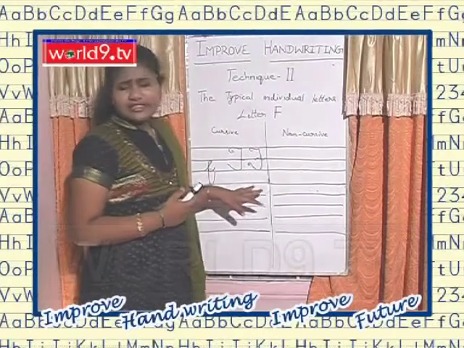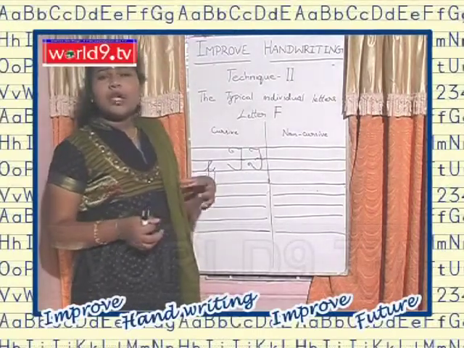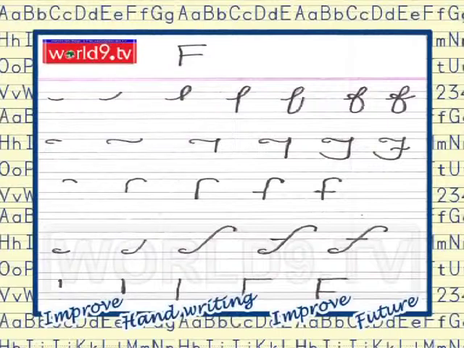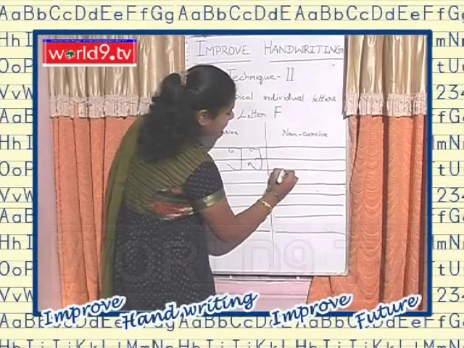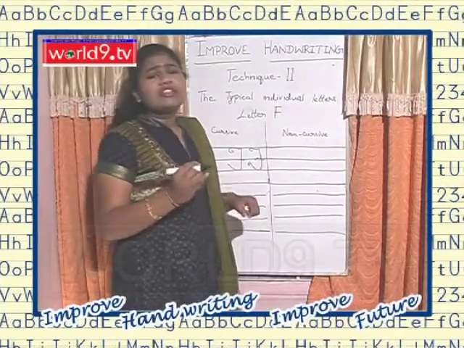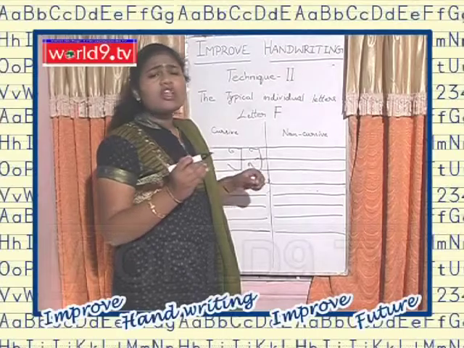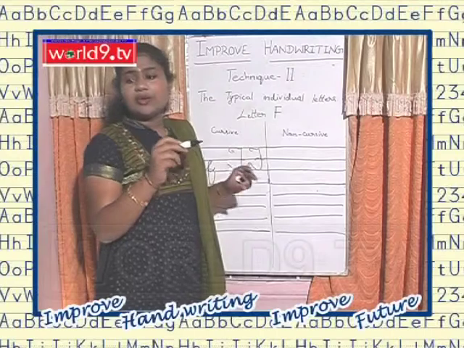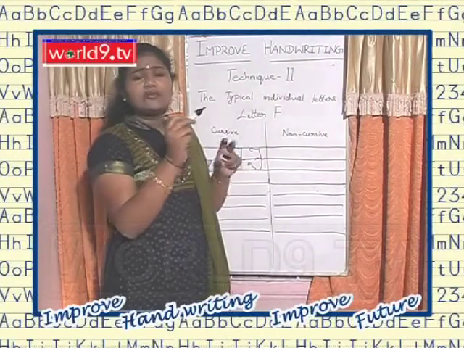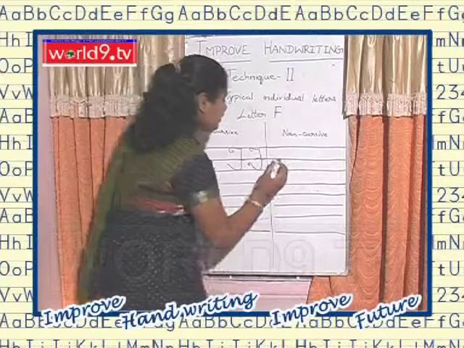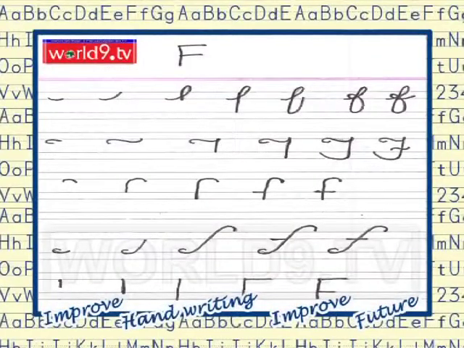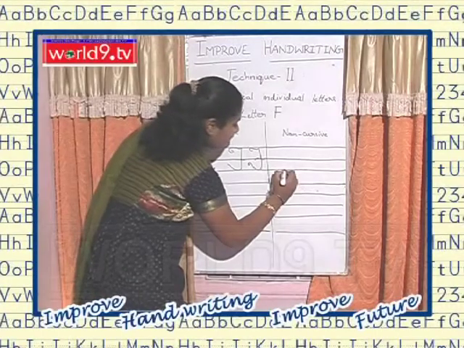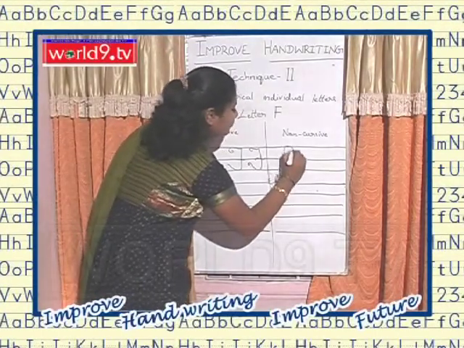By writing F like this and practicing daily, they can become more active. Okay, this is F. And in non-cursive F, how to write small letter non-cursive F? See, from A to E, we wrote all small letters from upwards to downwards. This is the first letter written from downwards to upwards. It must be from downwards to upwards only. From upwards to downwards, never write it. See, from down you should keep like this.